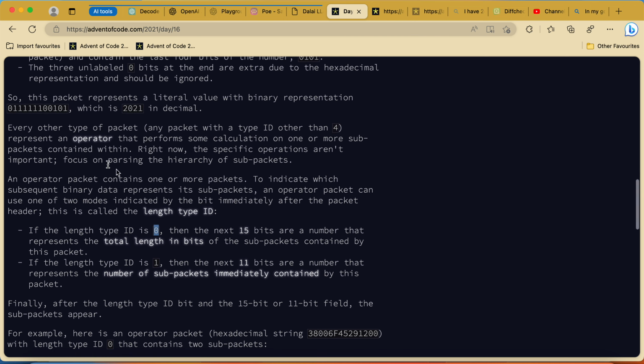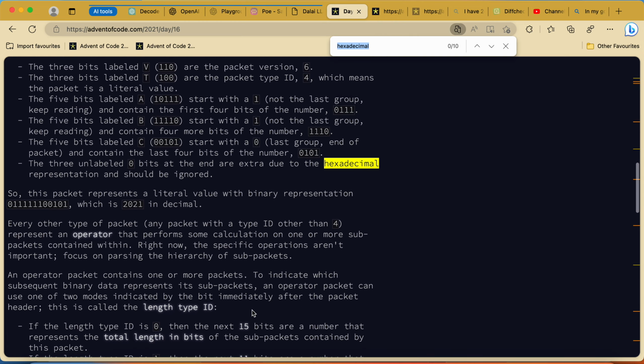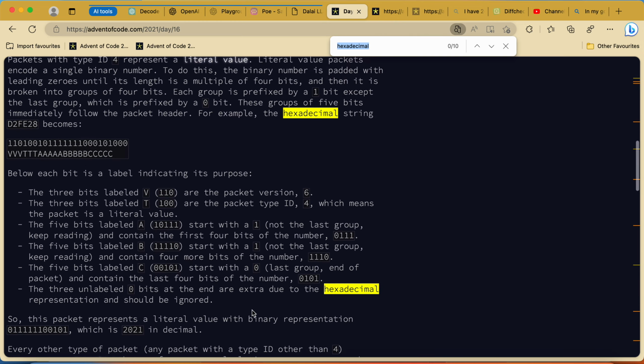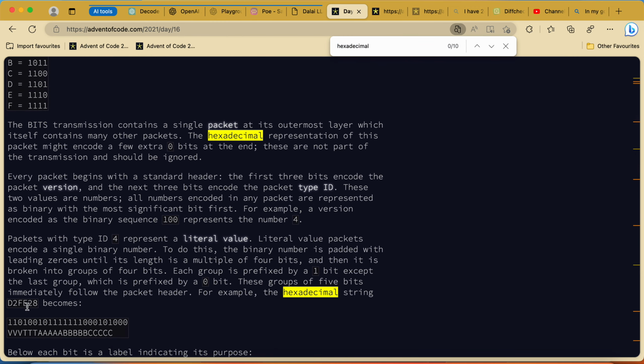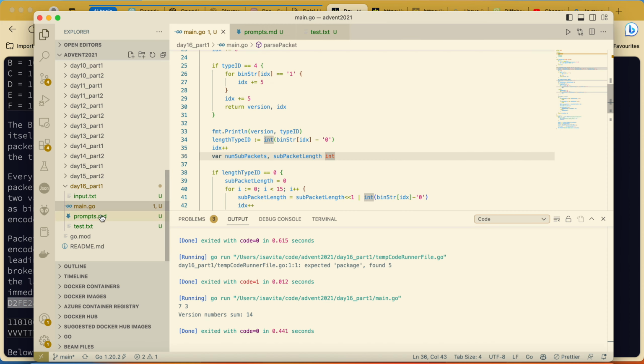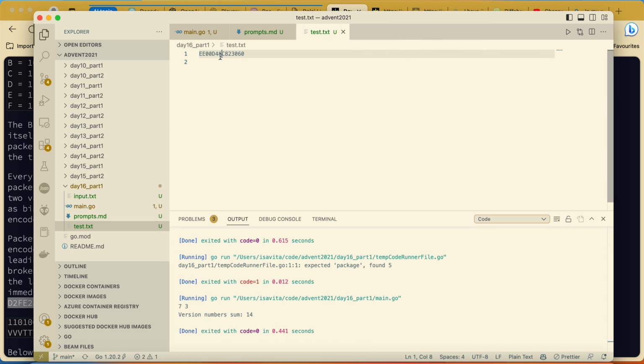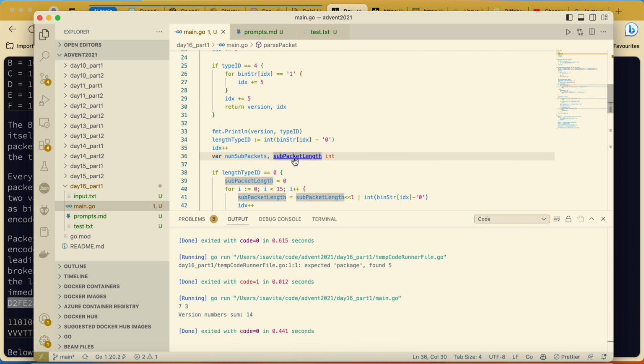Do I have another hexadecimal? I want to... Okay, let's start with this, the easiest one, because I think we should go step by step. And let's see if this one is working